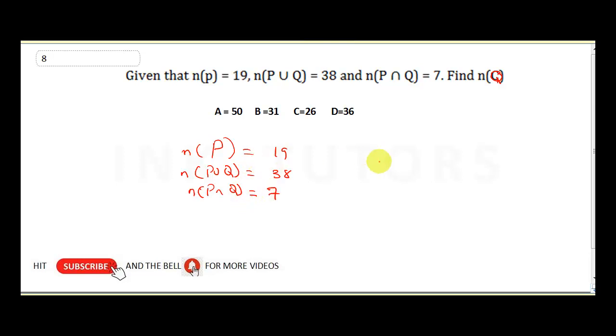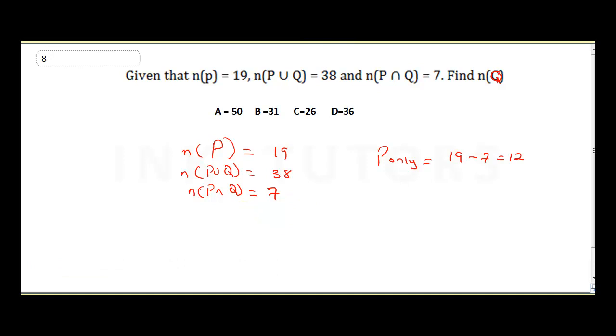So to get our P only, you need to find P only first. Remember, P only is going to be 19 minus P intersection Q, minus 7, which is going to give us 12. Okay? So how do we get our total? When we sum up the whole total,